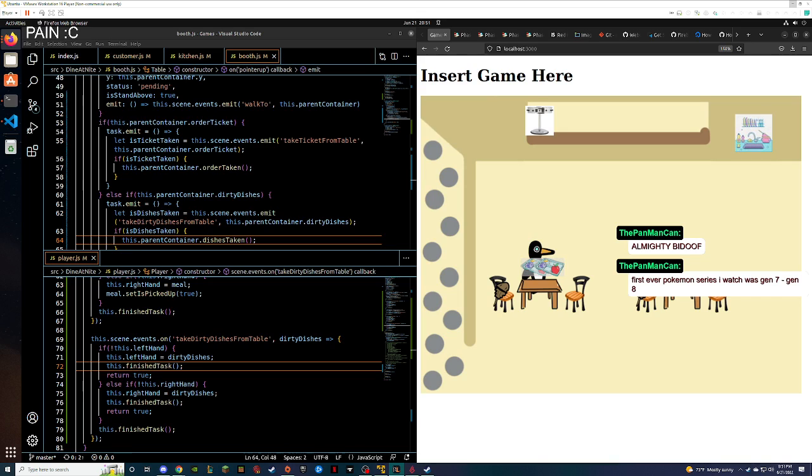First ever Pokemon series. Oh, nice. Is that the Sun and Moon? The Alola region or something? Sun and Moon was a pretty good Pokemon game as well, in my opinion. I liked how the games told me which type was strong against which, because otherwise I could never remember, and I'd just power level my starter Pokemon and have it be able to kill everything.